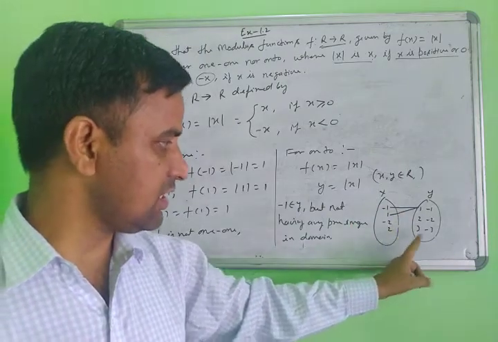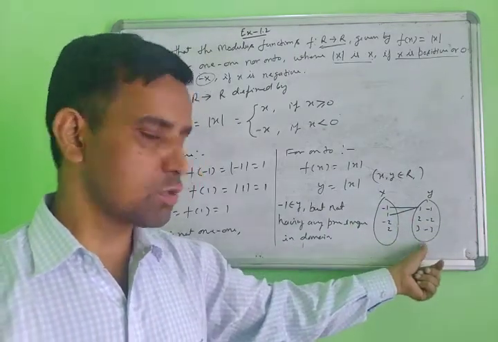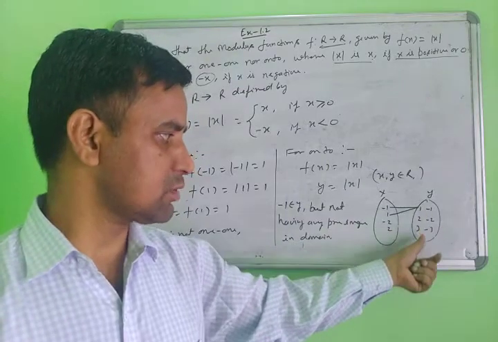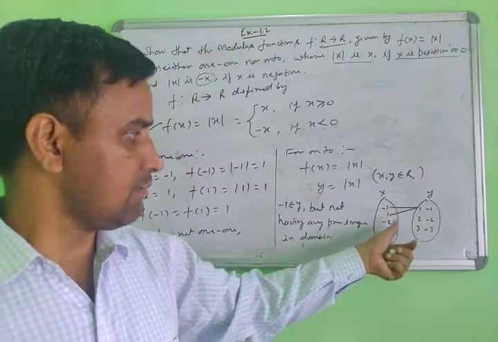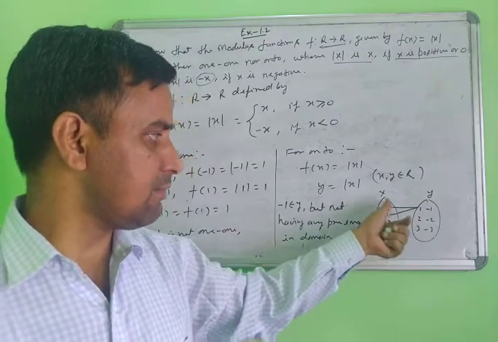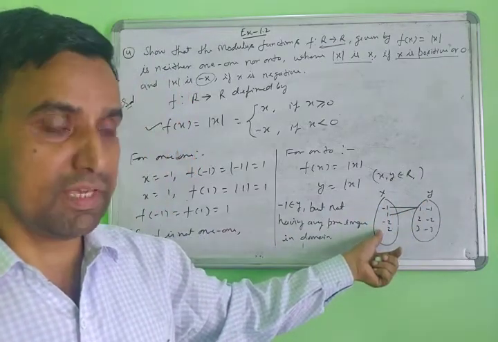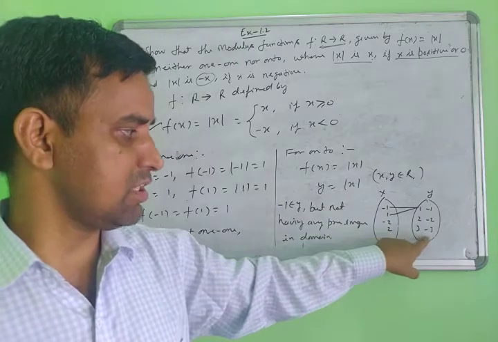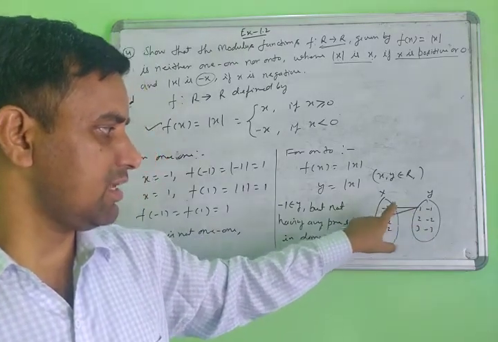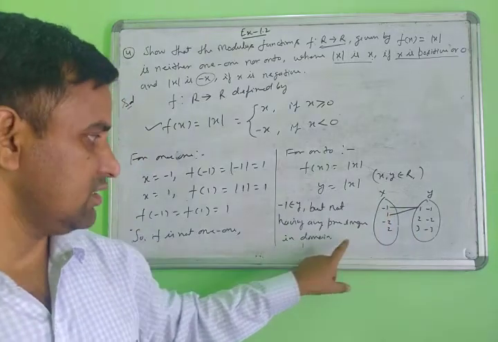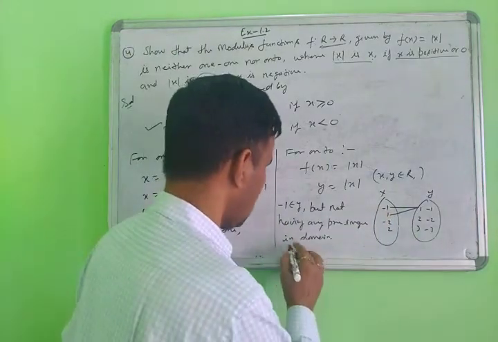An element of the codomain is called the image, and an element of the domain is called the pre-image. This is called the pre-image, this is called the image. So every negative element does not have any pre-image in the domain. So then you have to show